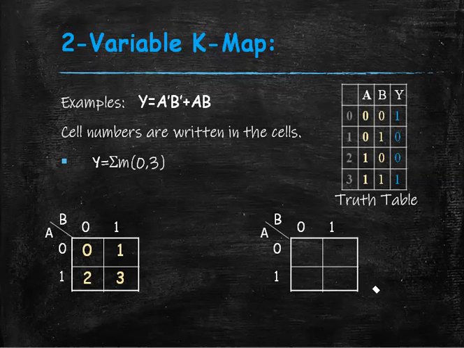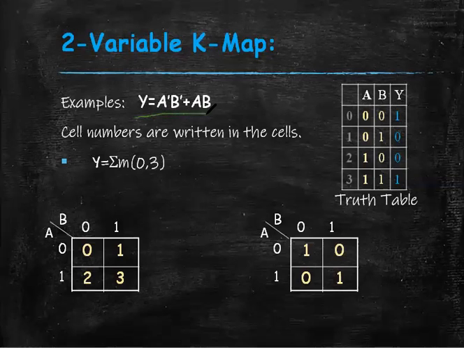We write 1 in each, and the remaining positions, that is for 1 and 2, must be 0. It is the Karnaugh map for the given Boolean expression